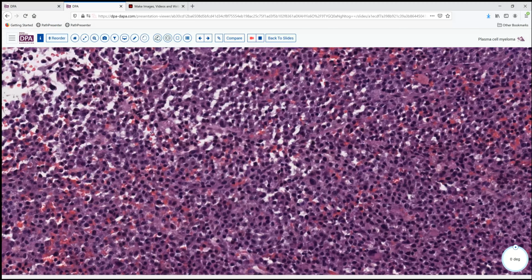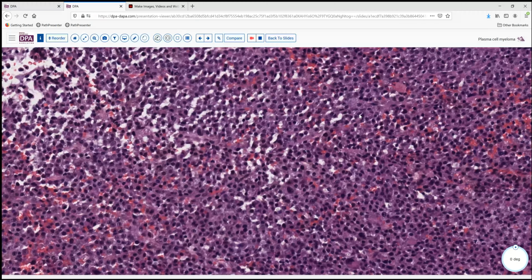And if we look very carefully, some of them where we can see details have the sort of slightly granular peripheral condensation of nuclear material that has been described variably as clock-faced or granular type nucleoplasm. Additionally, many of these cells have the nucleus sort of pushed off to the side. We can see that they sort of have this plasmacytoid appearance. And in a few of them, we can even see this perinuclear clearing, such as right there, which is characteristic of what's called the perinuclear hof,